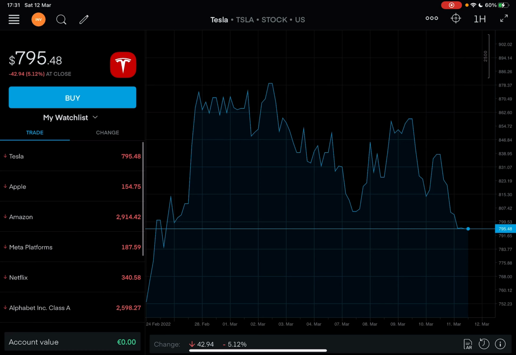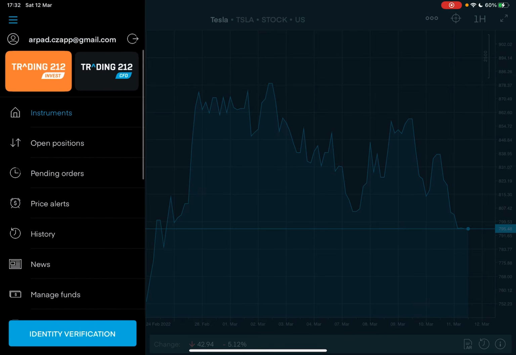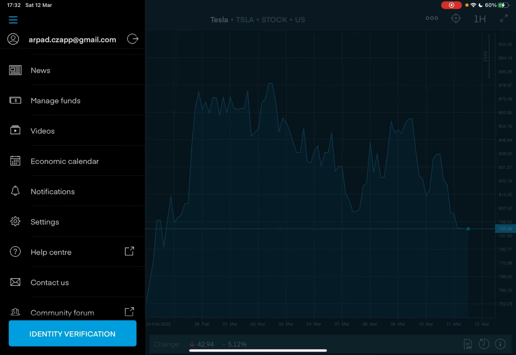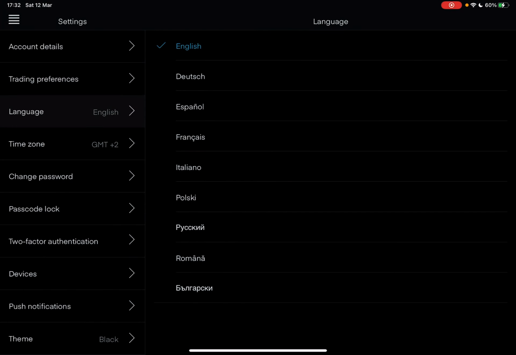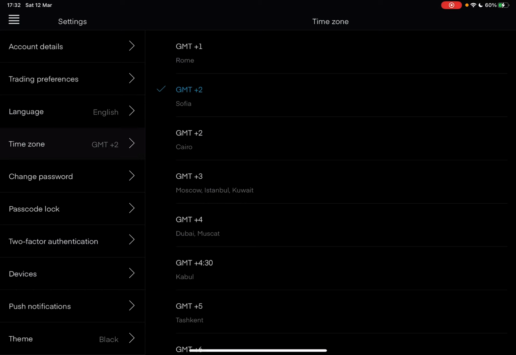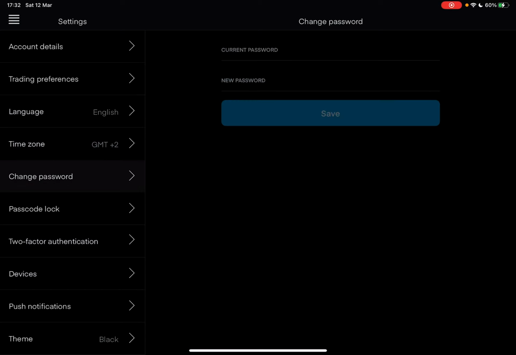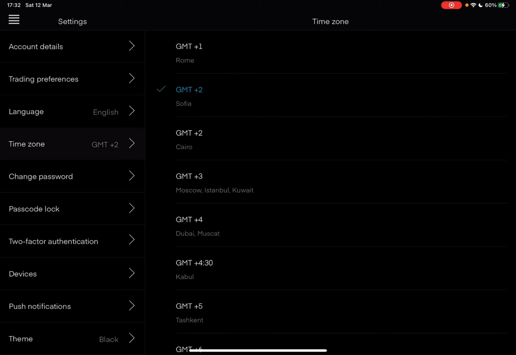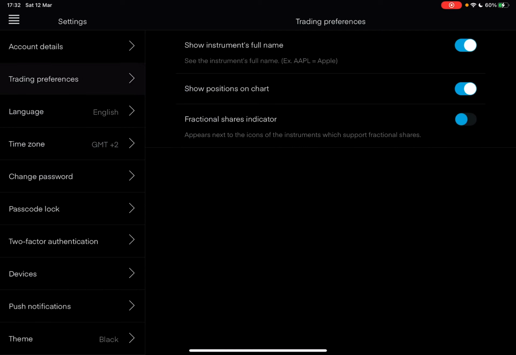First, open the Trading212 app. Then you have to go to the settings, which you can find up in the top left corner. If you tap on this, you have to scroll down to the settings menu, and by tapping on the settings menu, you will open up the settings and you can find the trading preferences menu, right the second one on the list. And when you tap on it, here you have three choices that you can set in your trading